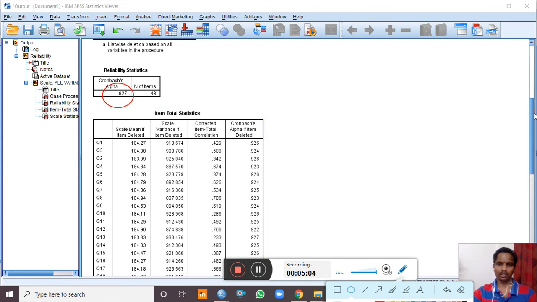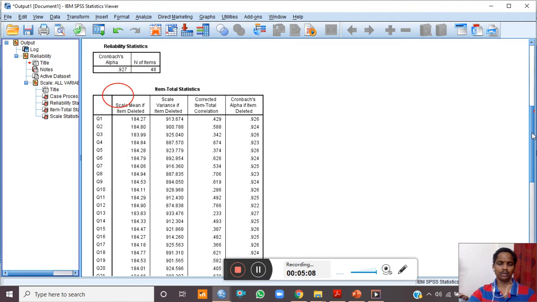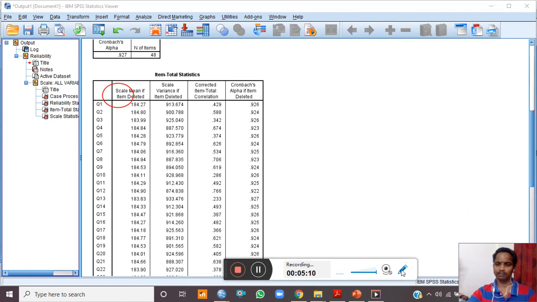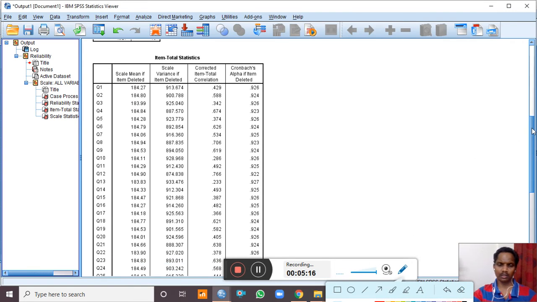Now let us see the values again. We have now chosen Scale and Scale if item deleted. Now how does that work here? For each question, you can see the last column, Cronbach alpha if item deleted.